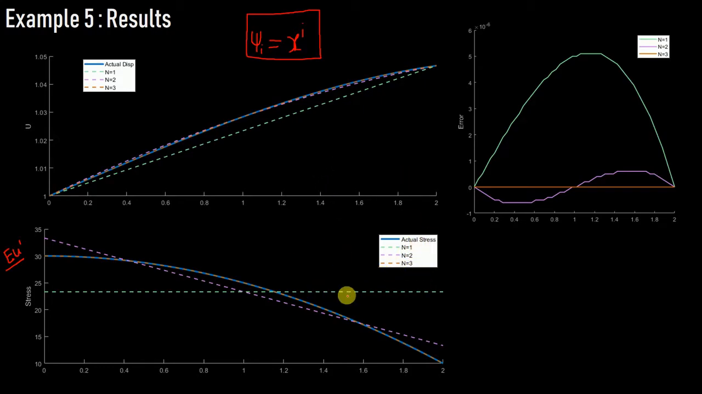In this plot we also plotted for different values of n, and this is how the error varies. In this plot we are showing that. Now, some observations. For n equals 1,